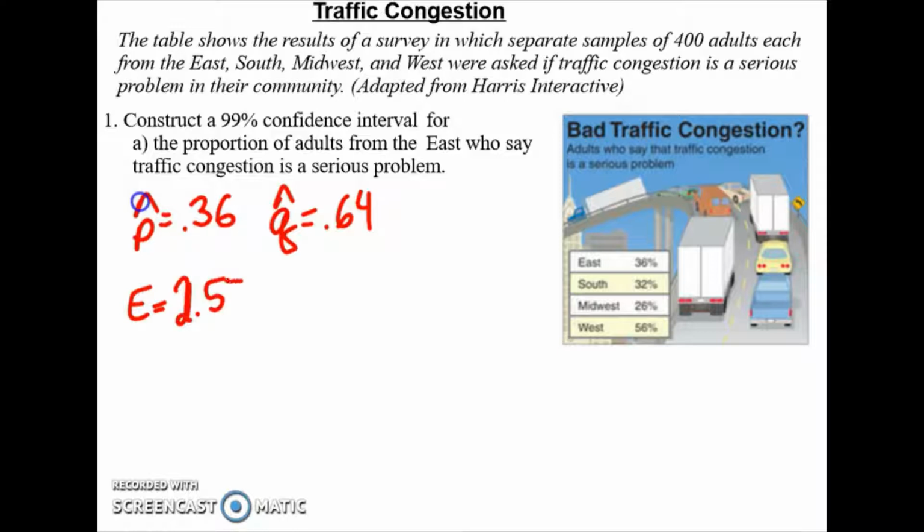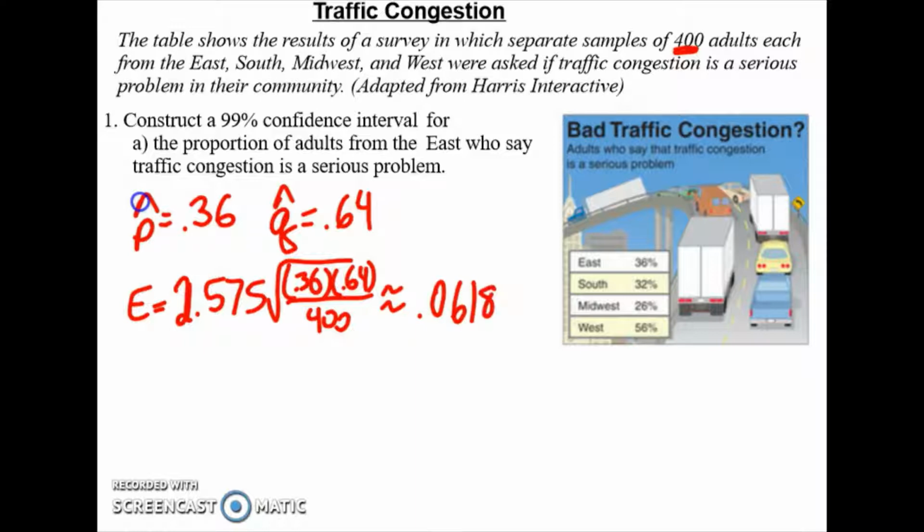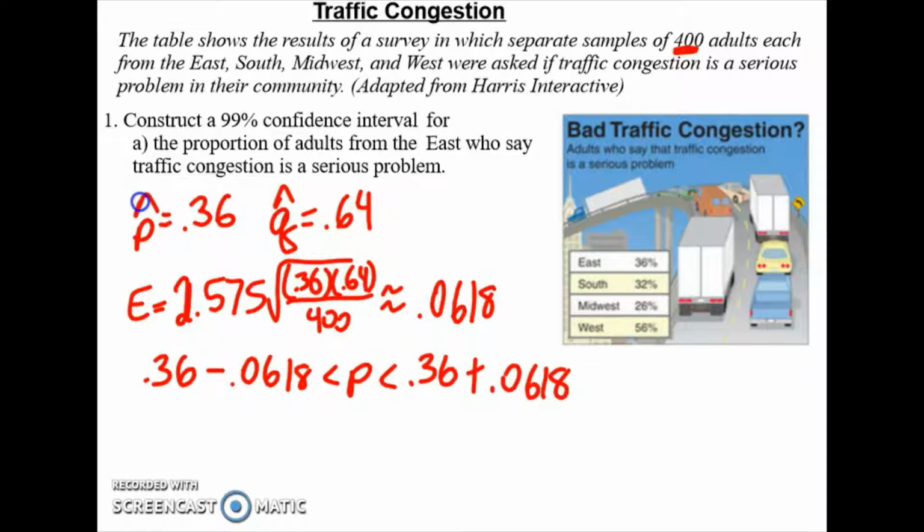that's 2 and 575 thousandths times the square root of 36/100ths times 64/100ths over our sample size. And our sample size here was 400 adults. And this gives me an error of approximately 618 10,000ths. So if I want to think about my confidence interval, I'd take my 36/100ths, subtract the 618 10,000ths, and then I would take my p hat and I would add the 618 10,000ths,